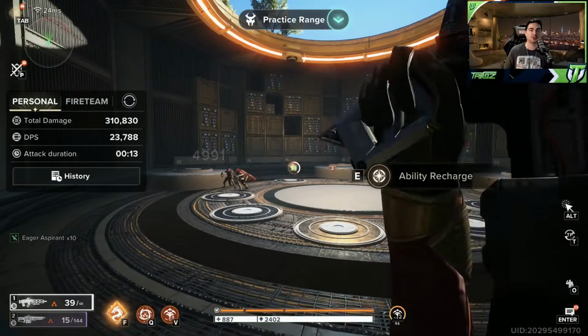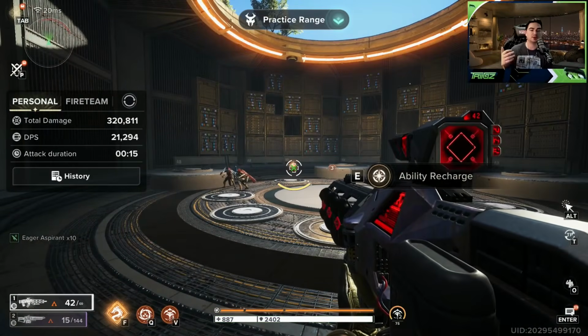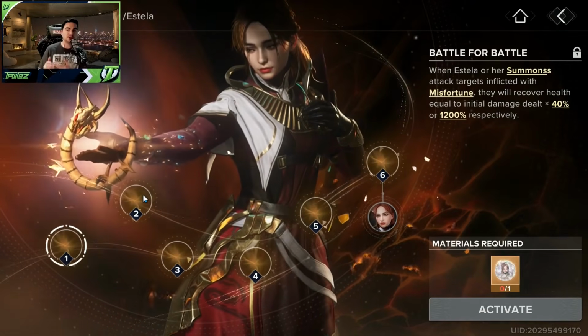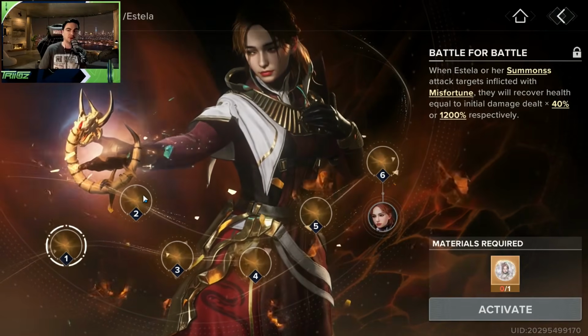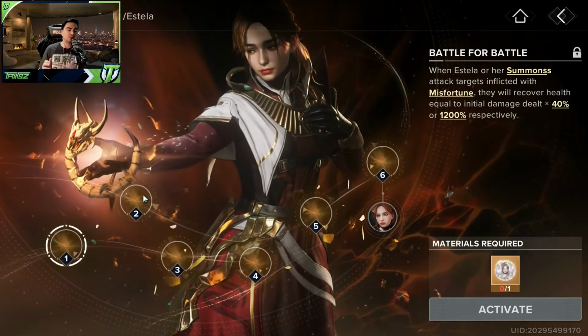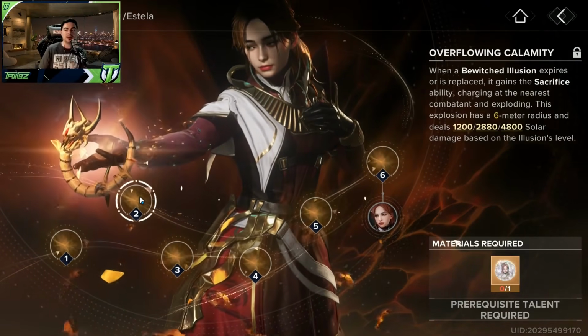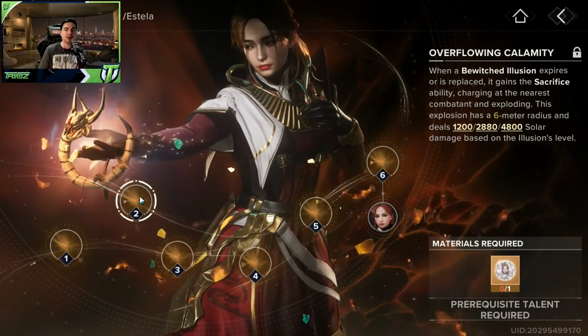So it's really good when you're using this for a final boss, or when there's a yellow bar enemy or a Shinka that you're trying to melt. For the first talent tree, when Estela or her summons attack targets inflicted with misfortune, they will recover health. The second one: when an illusion expires or is replaced, it gains the sacrifice ability and will charge at the